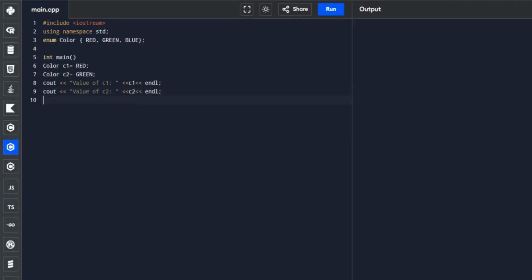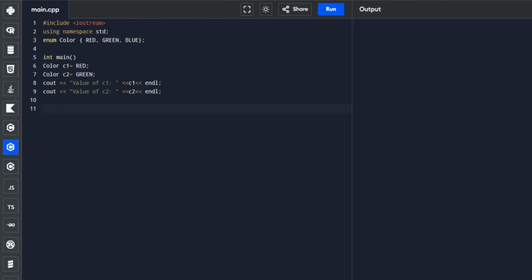Next, we will now be having our second operation, which is our equality comparison. For us to do that, in this part we will check the values of C1 and C2 and compare if the values are equal with each other.